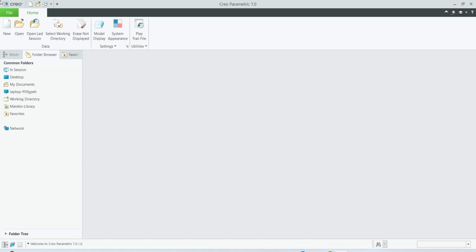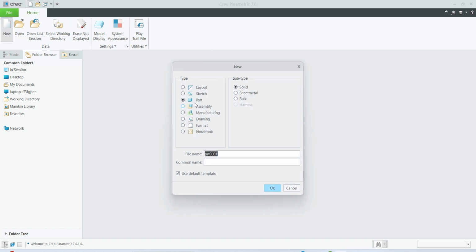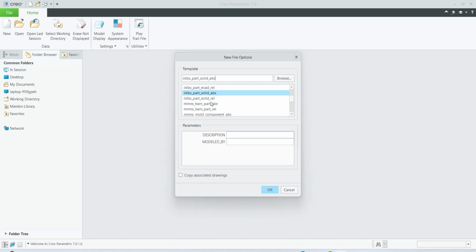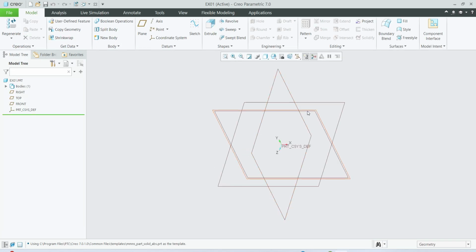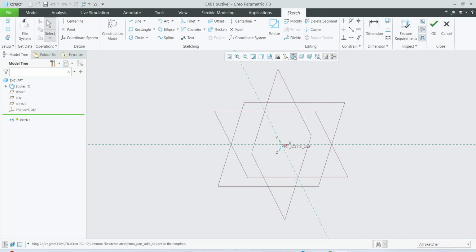So open the CREO software, go to new, select part solid and give the part name here. Okay, change the template here, MMNS part solid ABS. Okay, select the plane, sketch, go to view mode,